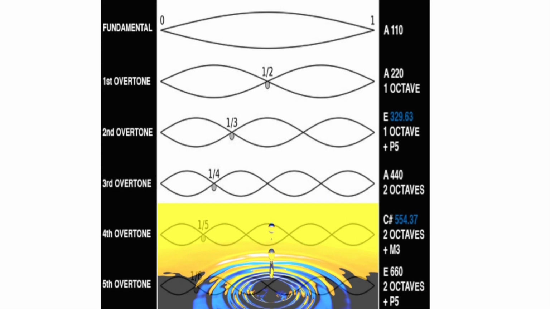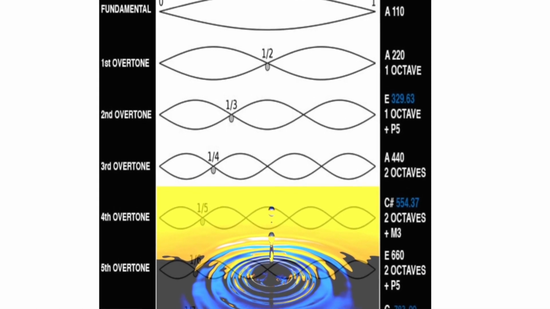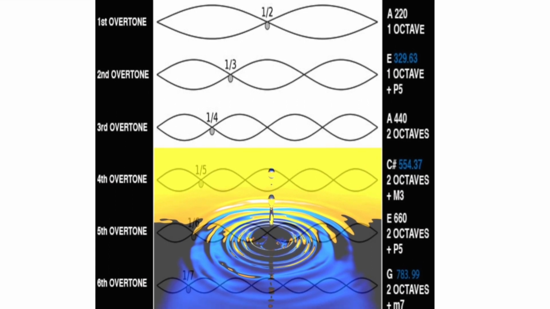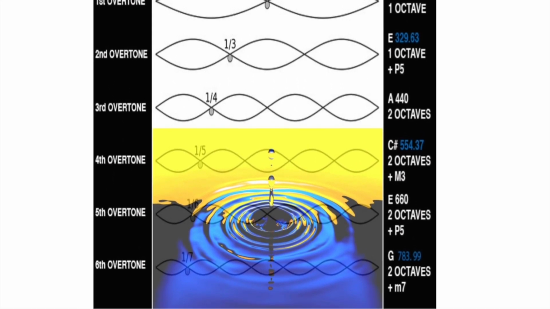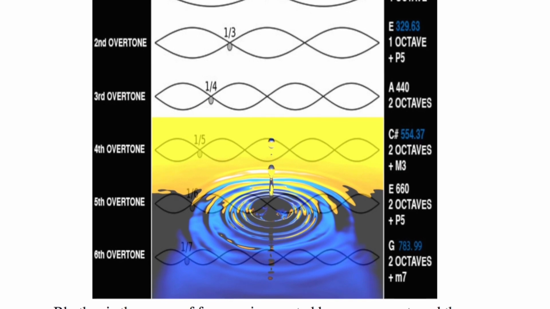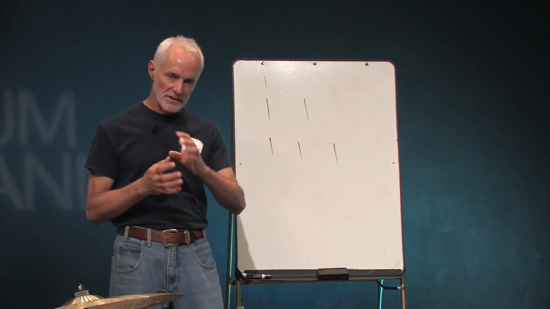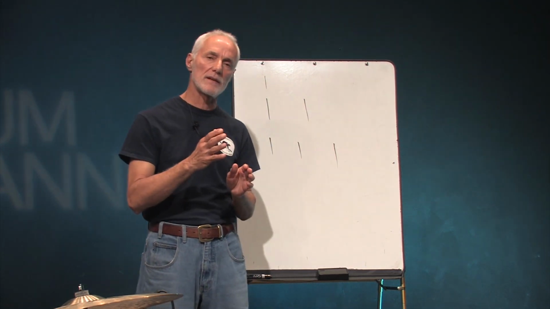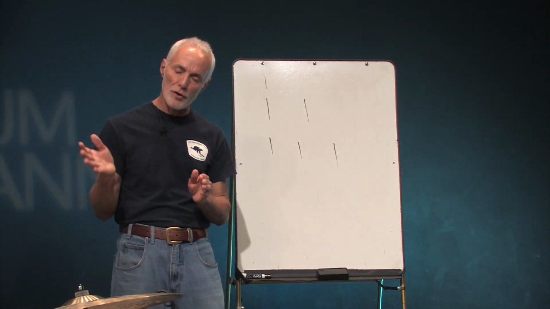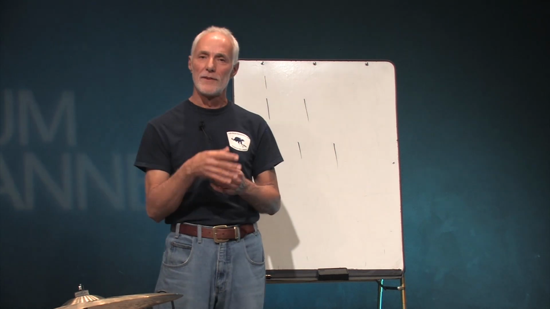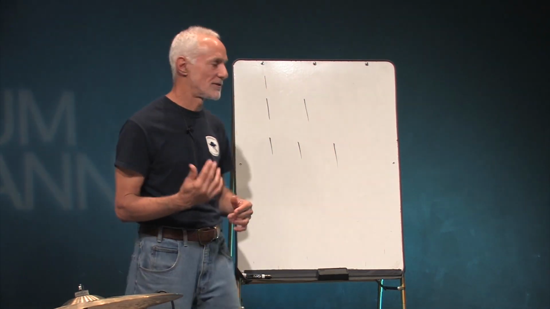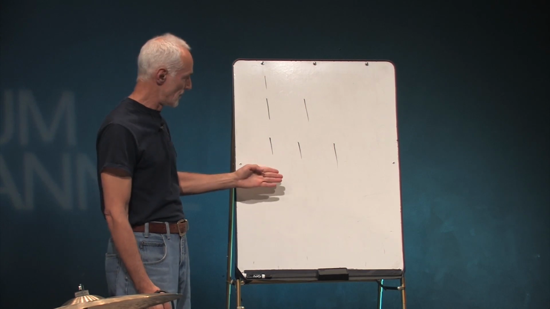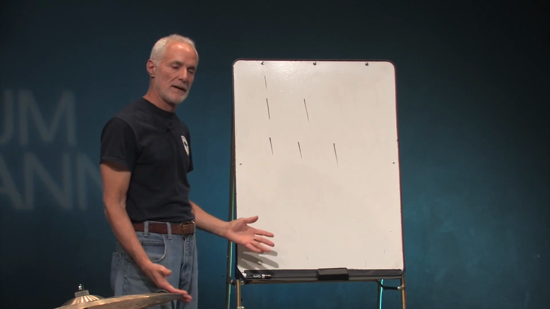The overtone series is nothing but a representation of a disturbance with its harmonics. And the pattern of harmonics is always the same. This pattern is a disturbance with other disturbances that follow the first disturbance. And the pattern is right here on the board. It's 1, 2, and 3. Now there's 4, there's 5, there's 6. You can imagine